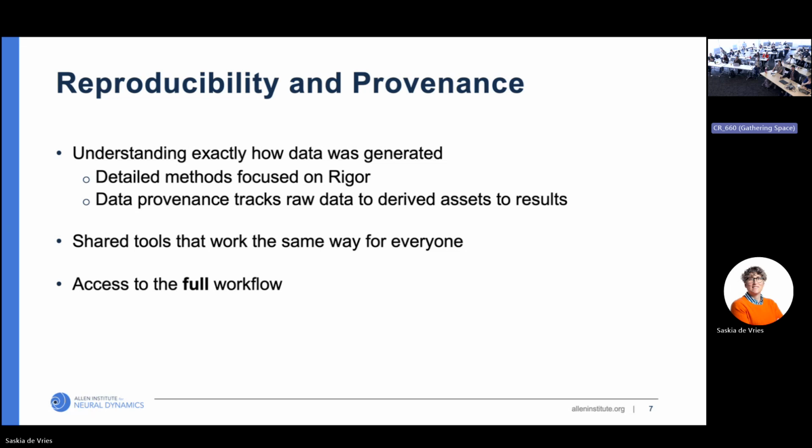A couple of the key things when it comes to reproducibility and provenance is being able to understand how our data was generated. So when it comes to the acquisition of data, this means details about what methods we used, what were the reagents, what lot numbers did we use, where did we place our electrodes, which coordinates did we put them in. And this all falls into this idea of scientific rigor,